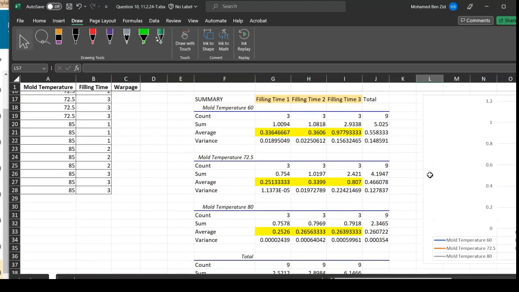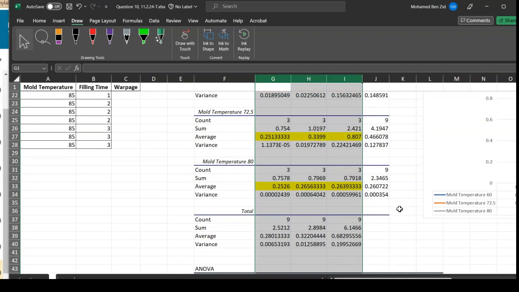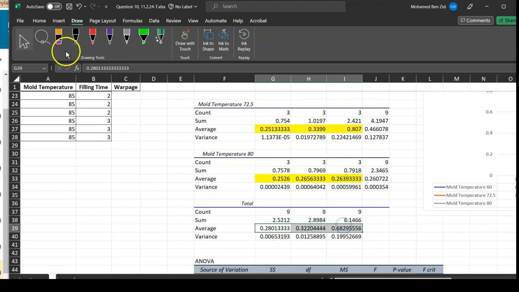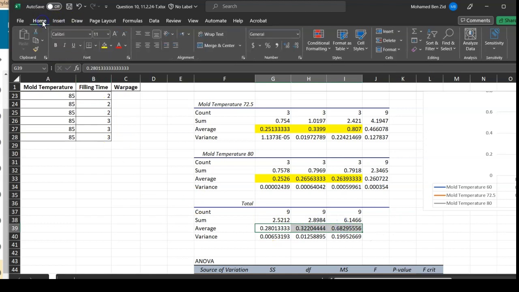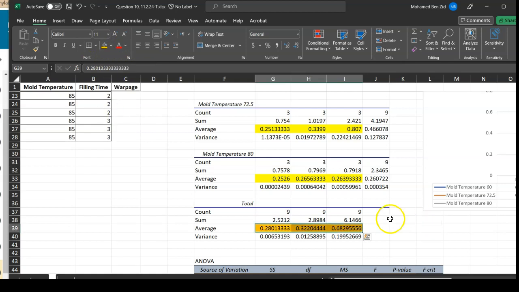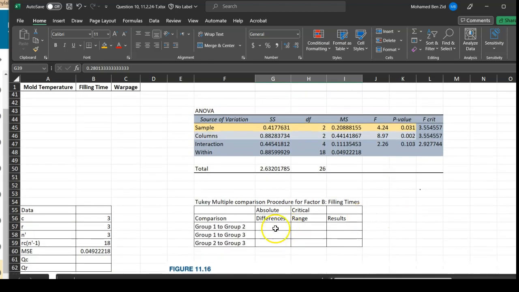The value that I'm going to be using is the filling times, and you're going to go all the way to the totals, where you can select the averages. This is the number that you're going to be using for your differences. So this is the average 1 for group 1, this is the average 2 for group 2, and this is the average 3 for group 3. Okay, so going back,